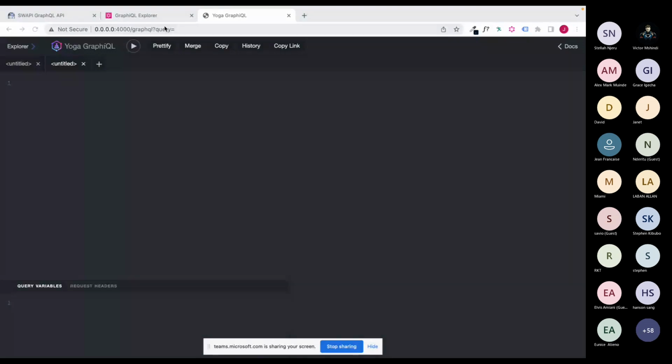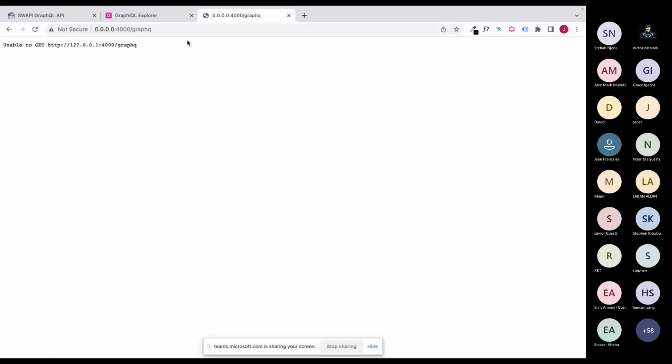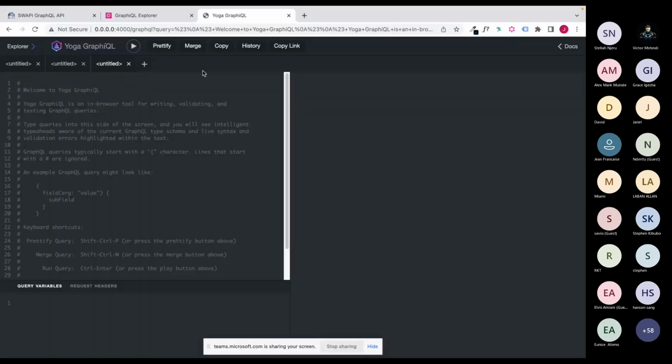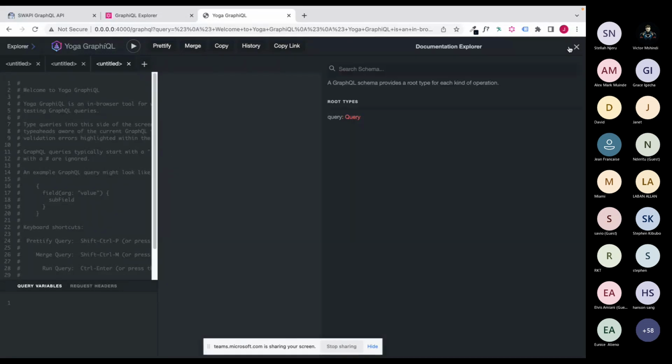If anyone hasn't worked with GraphQL before, this is another advantage of GraphQL. It comes with this thing called GraphiQL, which is like an explorer of GraphQL. It's an interface where you can interact with your API. So here you have this docs thing, and then you can see what this thing does.